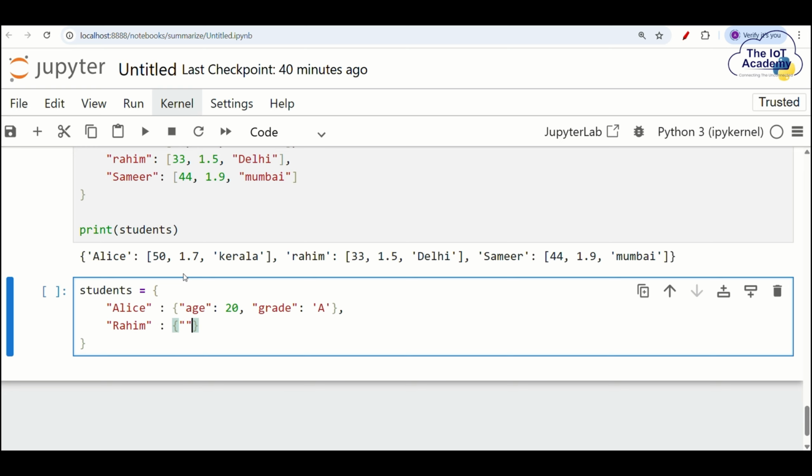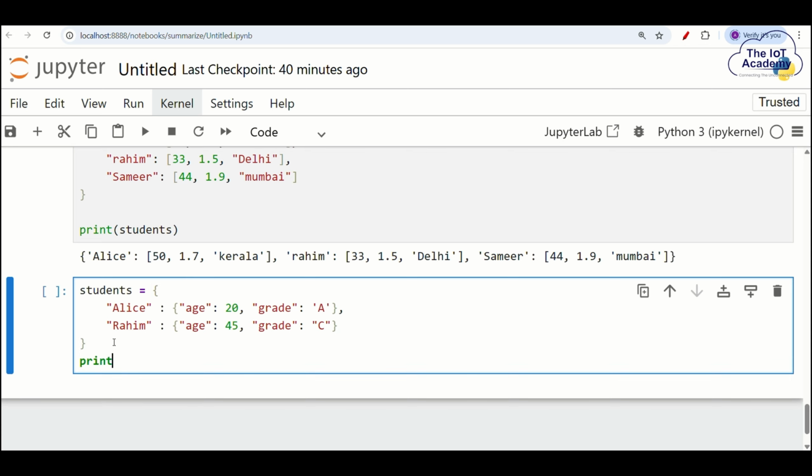And let's say Rahim's age is 45, and let's say his grade is, let's say, C. And you can keep populating like this. Okay, so when you print this thing,